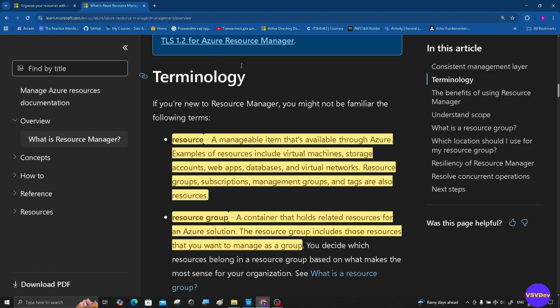Let's talk about Azure resources and how to manage them. So what is a resource? It is a manageable item that's available throughout Azure. Examples of resources include virtual machines, storage accounts, web apps, databases, virtual networks, resource groups, subscriptions, management groups, and tags